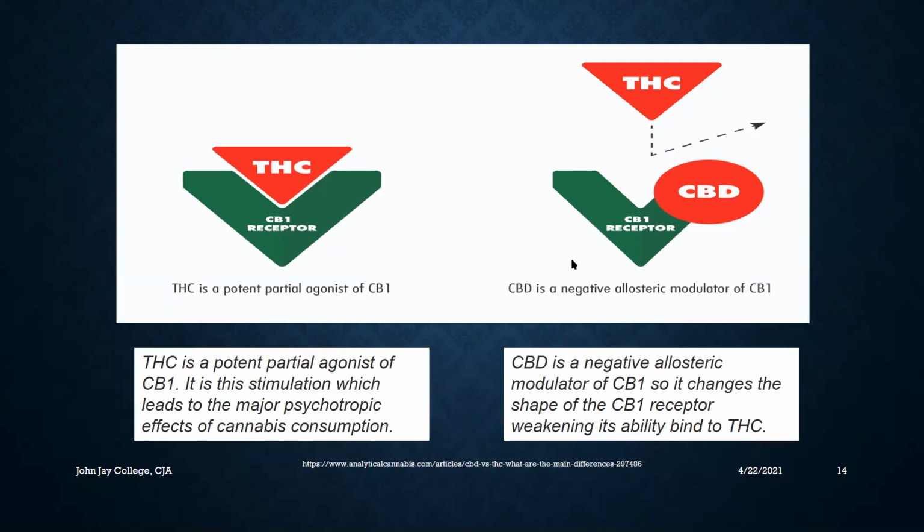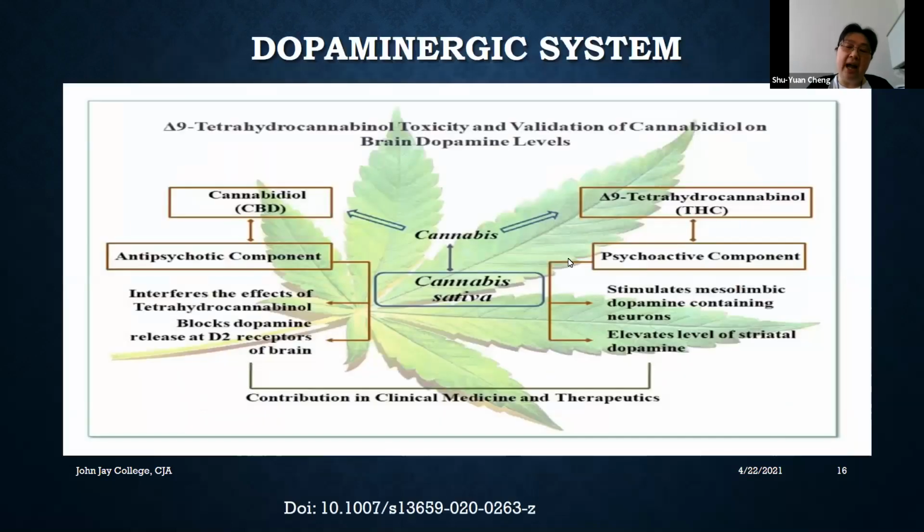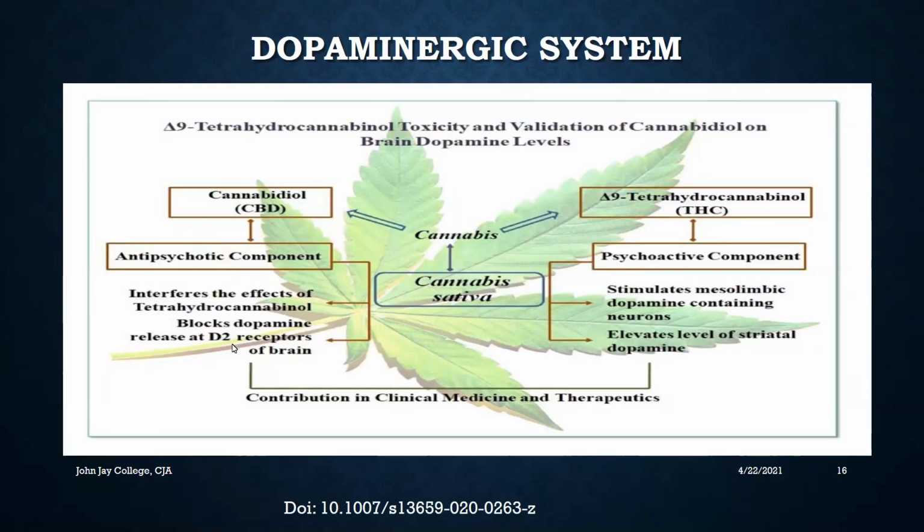But my research now is going down to my own research, and what I love to focus on is the dopaminergic system. Cannabis, THC and CBD, have an effect on our dopaminergic system. THC can increase dopamine in the system, and CBD can block it. Before I go forward, because the dopaminergic system is my main research focus,